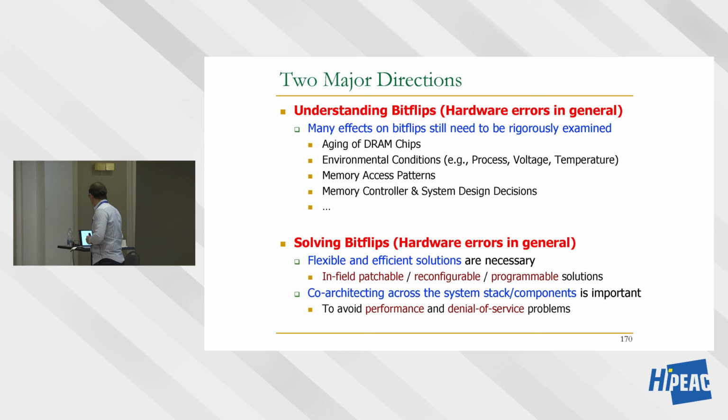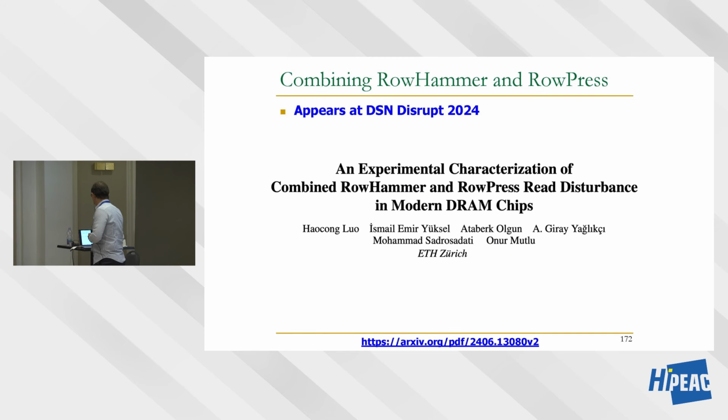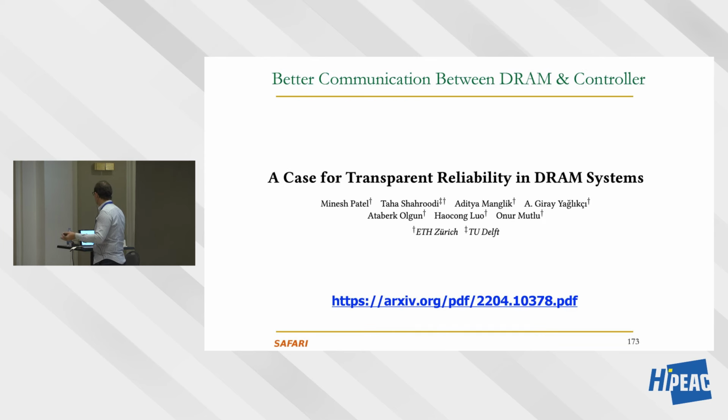I need to solve these bit flips. Let's see. So we have more works recently. This is combining Rowhammer and RowPress. You can take a look at it. You can hide refresh latency. You can take a look at it. But this was mentioned yesterday, and I strongly believe that we need better ways of communicating between the DRAM controller